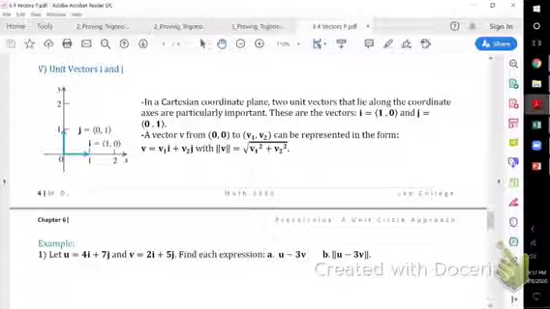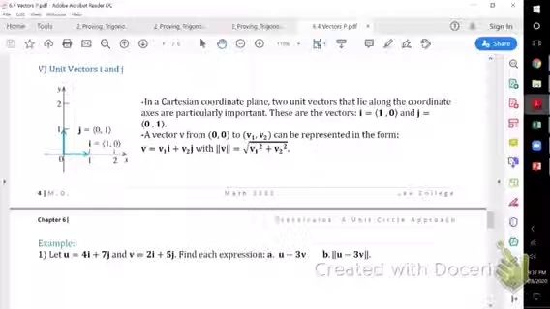6.4 Part 5 talks about unit vectors i and j. In a Cartesian coordinate plane, there are two vectors that lie along the coordinate axes that are particularly important. These vectors are i, which has the coordinates (1, 0), and j, which has the coordinates (0, 1). A vector v from (0, 0) to (v1, v2) can be represented in the form of v is equal to